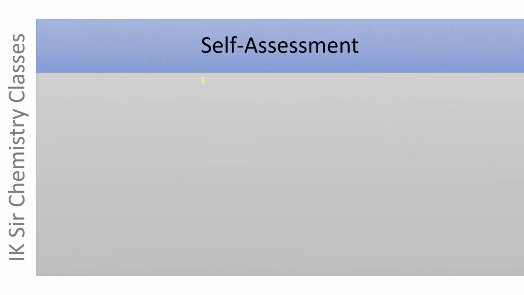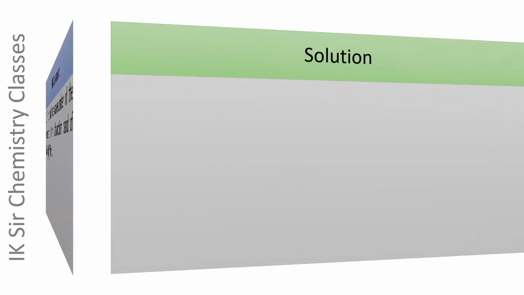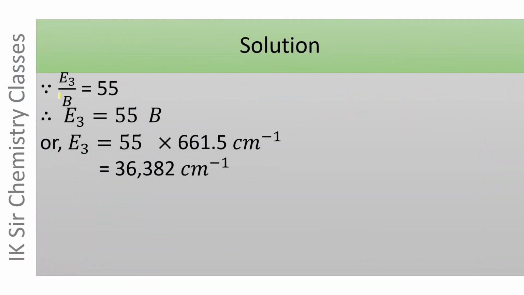Now the time for self-assessment. Find out the wave number of the expected third absorption band of V(H2O)6 3+ ion. It actually exhibits two absorption bands in the UV visible spectrum, and we have to find out the wave number of the expected third absorption band. We have already seen that E3 by B is equal to 55. It has been obtained by